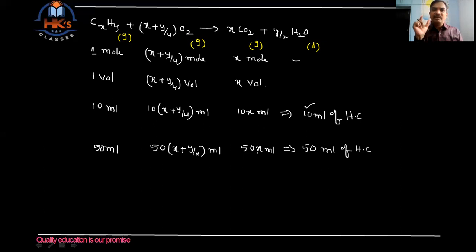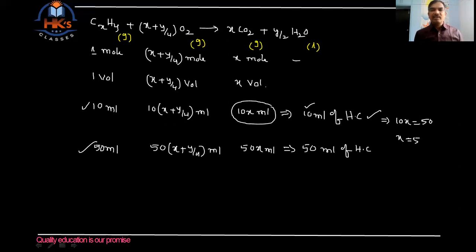Suppose they had given volume of carbon dioxide, for example. Okay, so equate that given volume of carbon dioxide with either this data or this data. Suppose, just assume I'm taking the first one. So as per the first one, how much of the CO2 we have to get here? 10x ml. For example, they had given volume of the carbon dioxide as 50 ml. That means we have to make it as 10x is equal to 50. Then what is the value of x? x is equal to 5. Like that, we need to get the value of x.